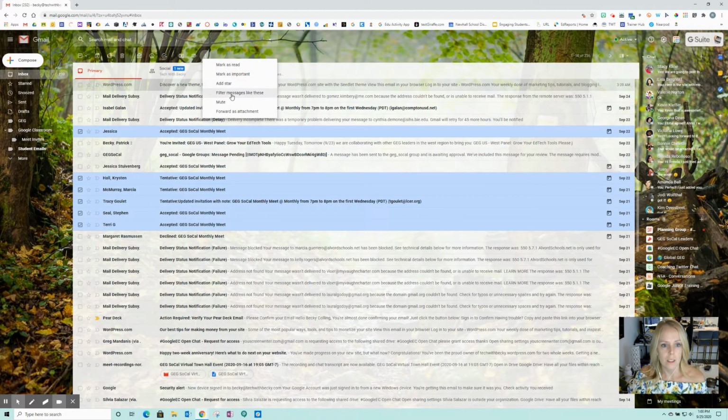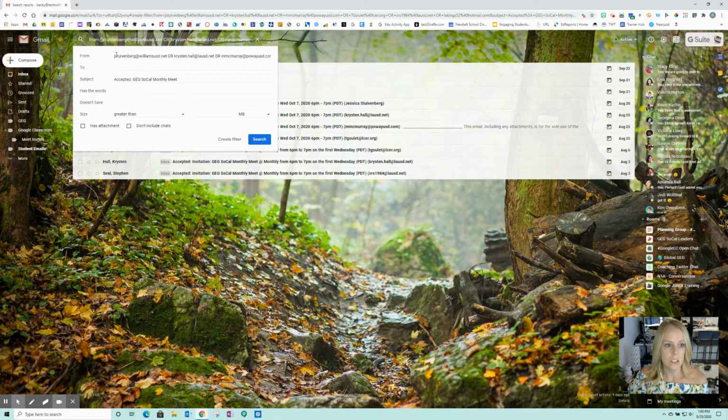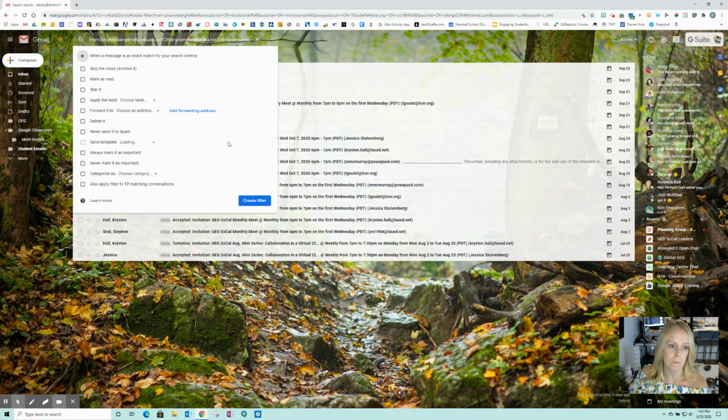Select more, filter messages like these. So it's going to take all of their different emails. It also added a subject. I'm going to delete the subject. I just want all of their emails, and you can add them yourself too by adding an or sign in between each email. But I'm going to take all of theirs, create a filter,